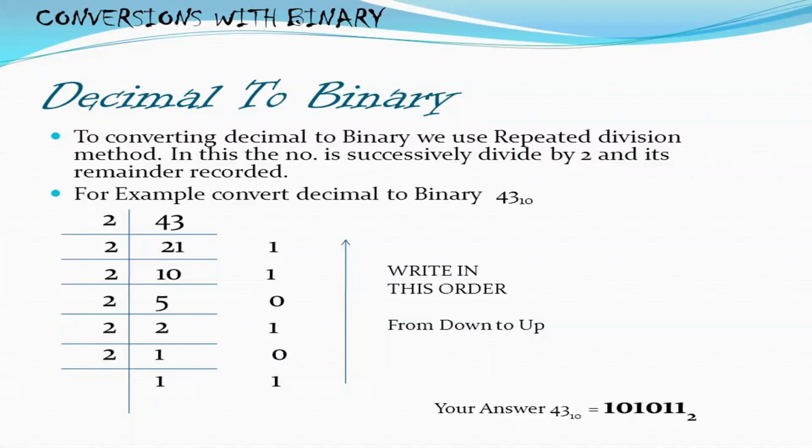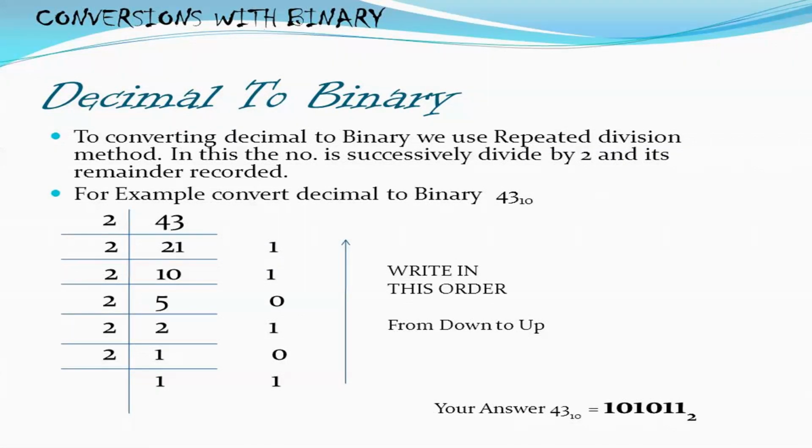Now let us come to the new topic, conversion of a decimal number to binary number. Decimal number is a number which has base 10, and binary number is a number which consists of 2 digits. It's either 0 or 1. What is the base of binary? 2. What will be done here is you will repeatedly divide the decimal number by the base of the number it has to be converted into.